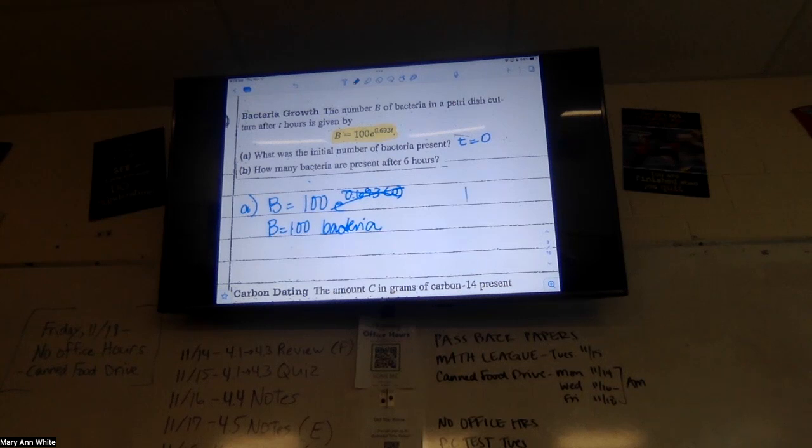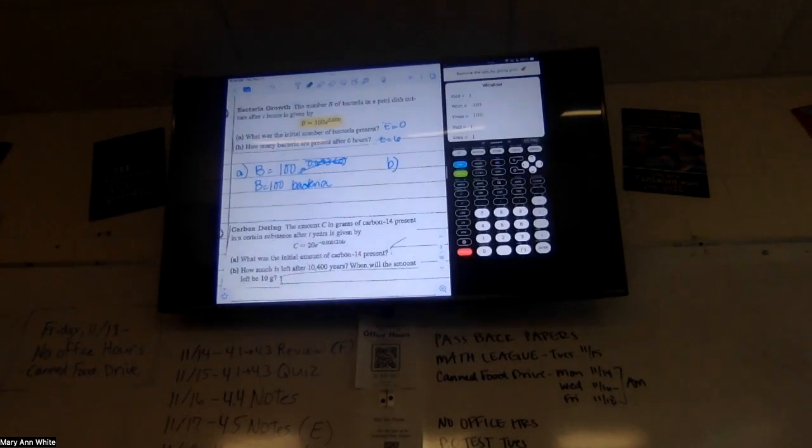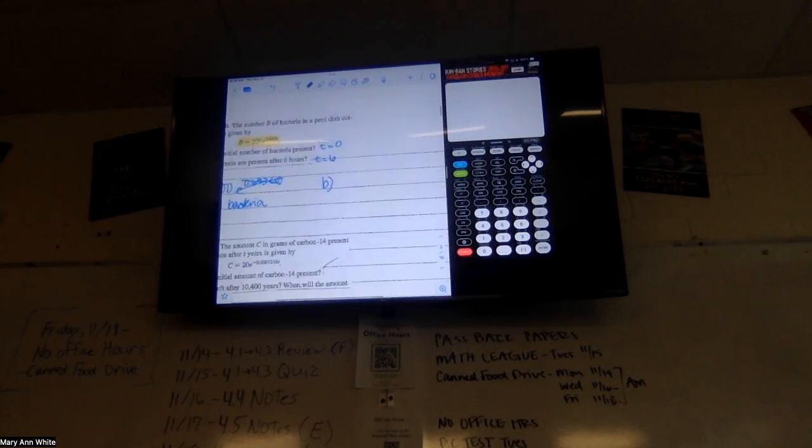All right, letter B says how many bacteria are present after 6 hours? What do you think I should do to find that? Good, plug in 6 for T. Now we're plugging an actual number in for T, so we are going to need our calculator. So I'm going to go ahead and get my calculator next to me. Let me write my equation first. B equals 100 times E to the